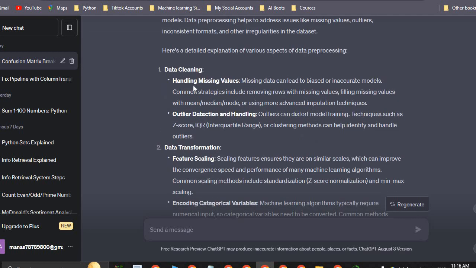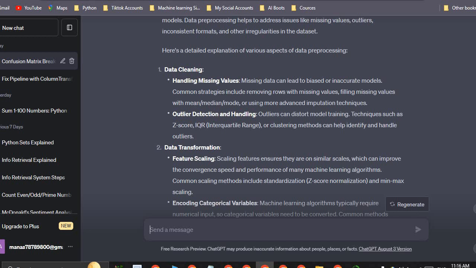Data cleaning, handling missing values. Missing data can lead to a biased or inaccurate model. Common strategies involve removing rows with missing values, filling missing values with mean, median, and mode. We will see this in upcoming models, or using more advanced imputation techniques.